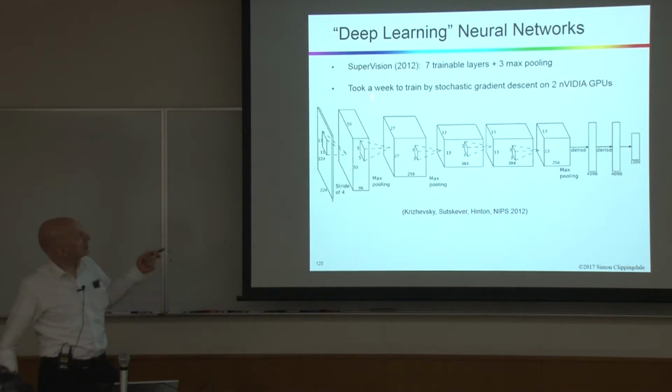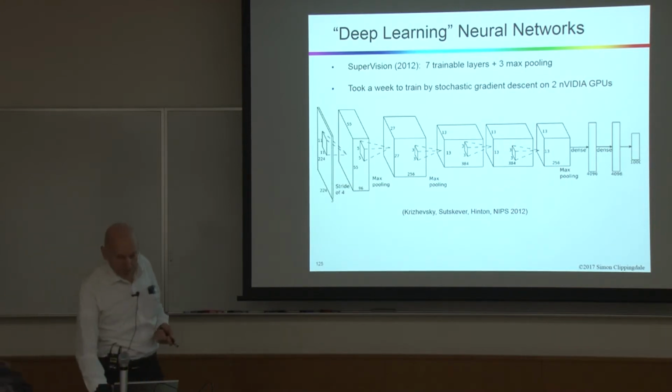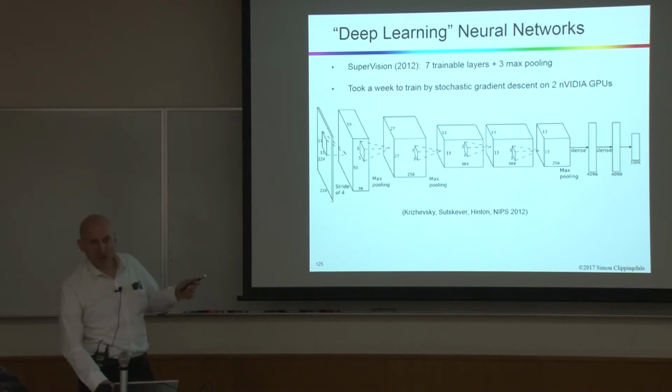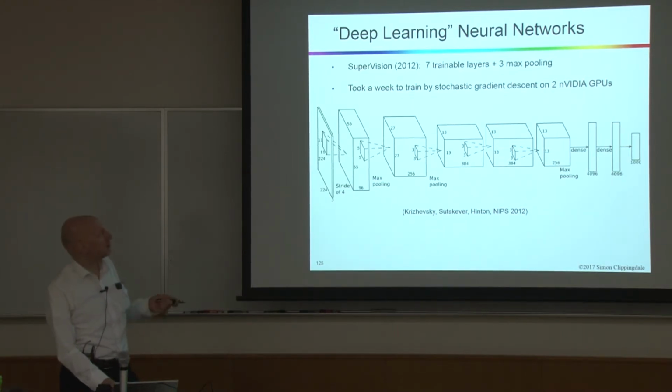So this thing took about a week to train by stochastic gradient descent using 2 NVIDIA GPU cards. This was 5 years ago, and it behaved extremely well. It got some very good results and attracted a lot of attention. One of the results of that was that only 2 years later,